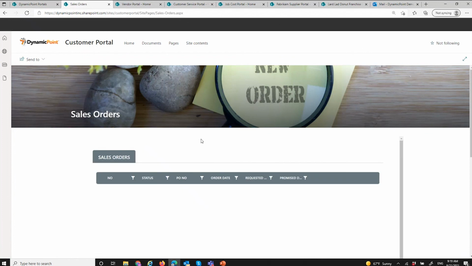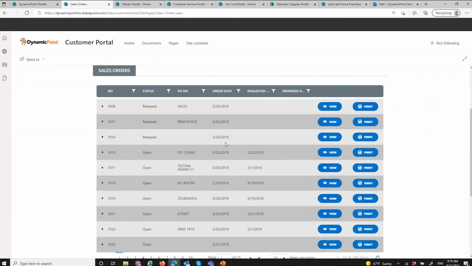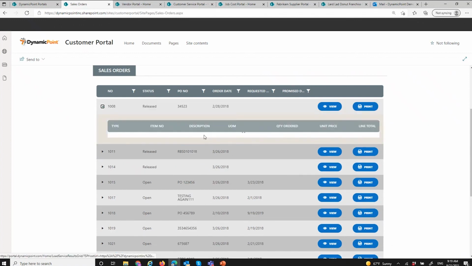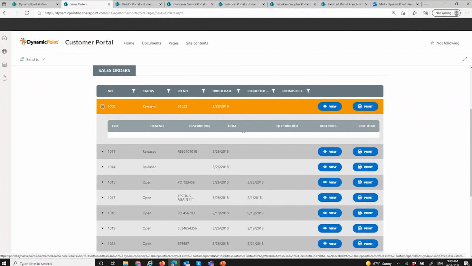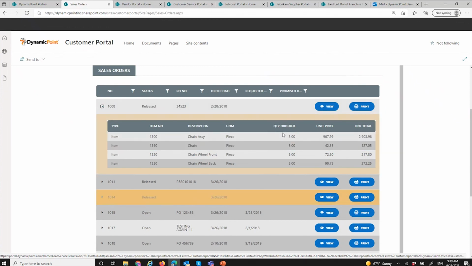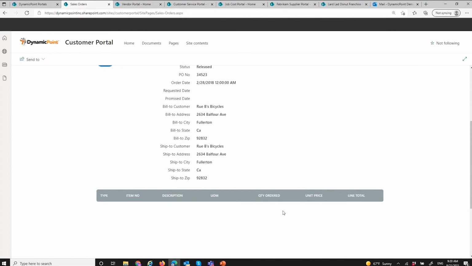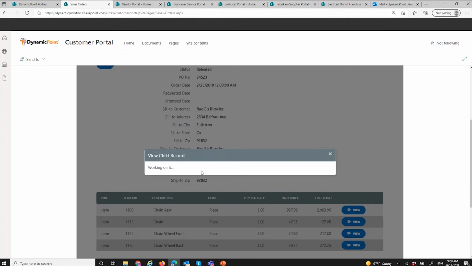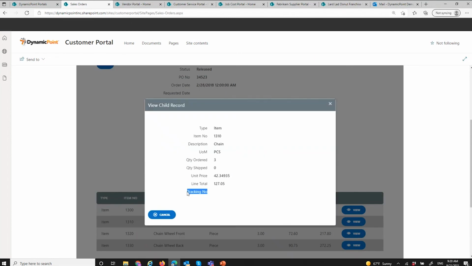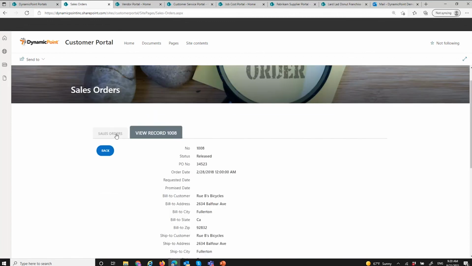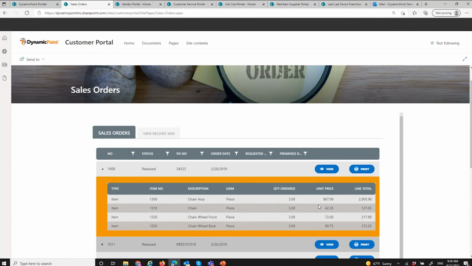So when I go in there, you saw that working on it, that occurred pretty quickly. It's querying those orders based on who I am and who I'm authenticated as and showing the status. So I could go into any of these, look at the status associated to them, drill into the line items. Maybe I want to drill into this order. Maybe I want to look at the details on the items or the pricing or the tracking information, etc. All of that, of course, is coming directly from Business Central or any other ERP that you're using.